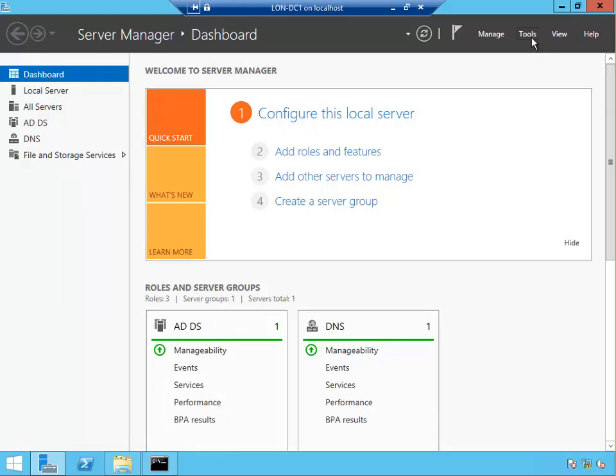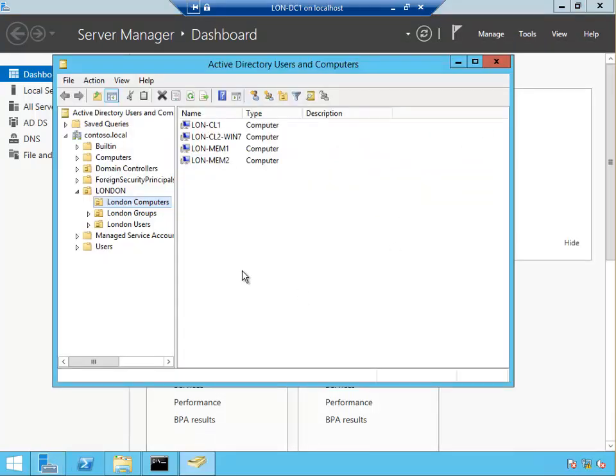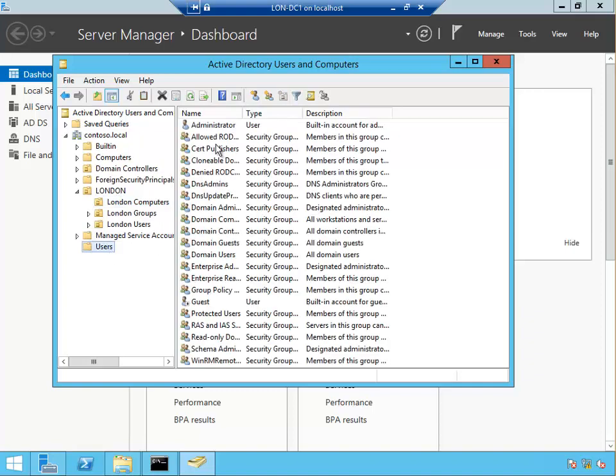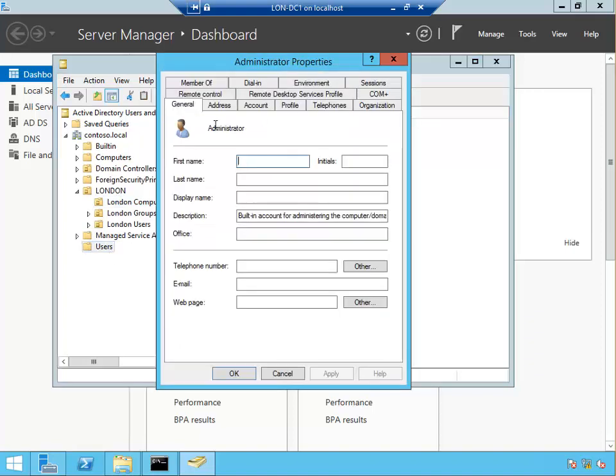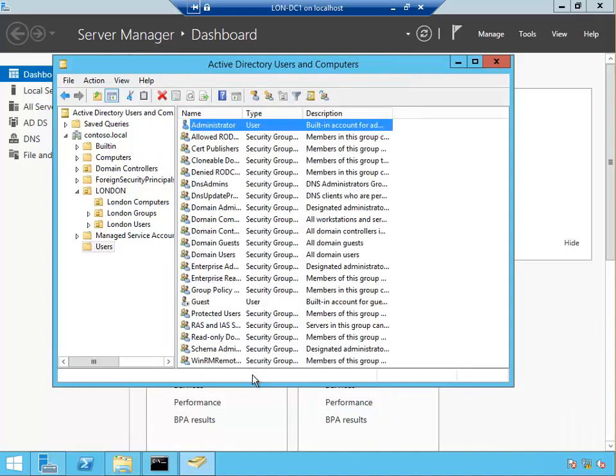So in here I open tools, Users and Computers, and go to users, the administrator. If I double click the administrator and see the administrator properties, under dial in, the network access permission is controlled through NPS network policy. Since network policy is not configured, NPS is not configured, it's just denying us. So if I say allow access,